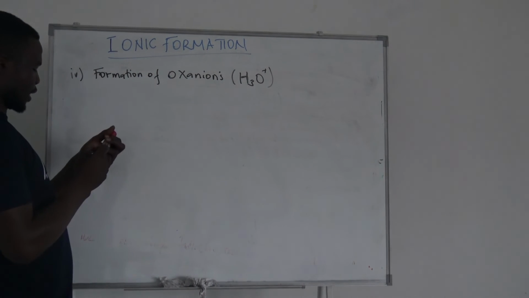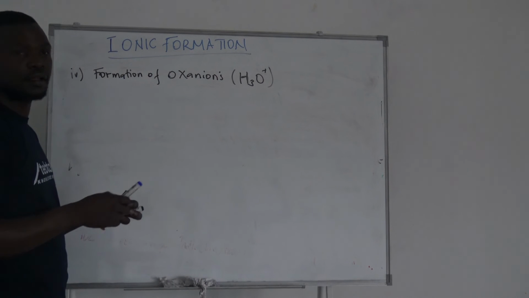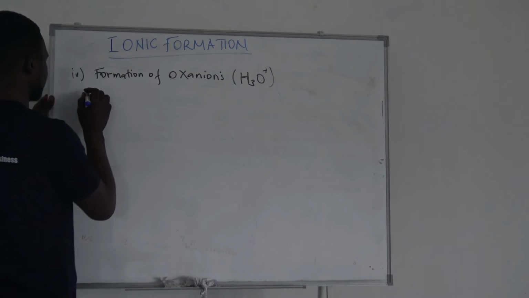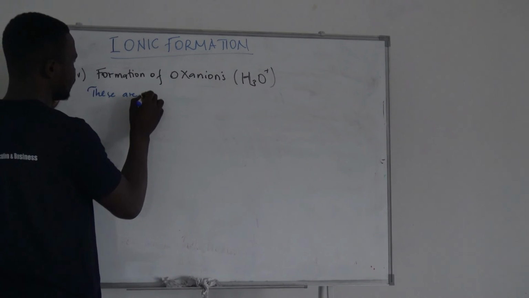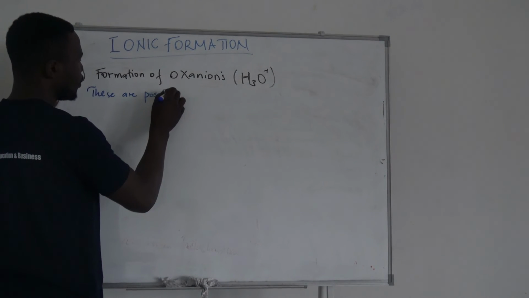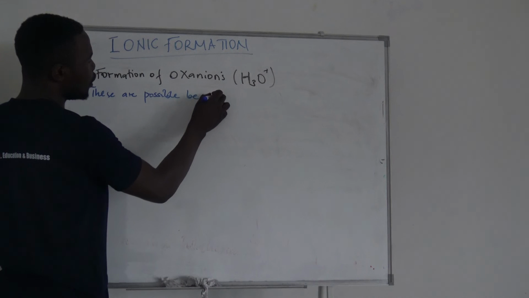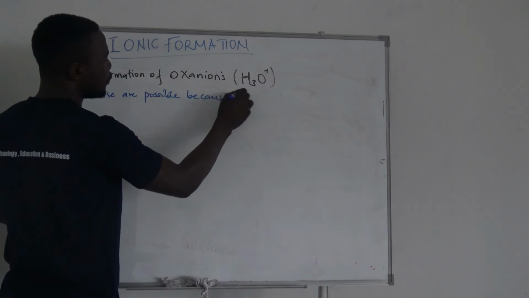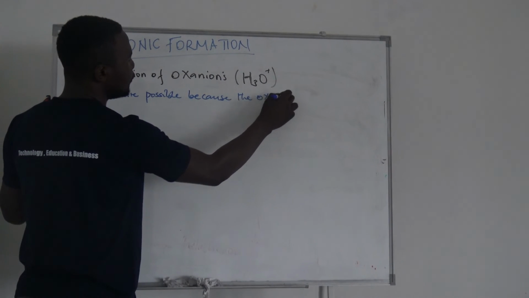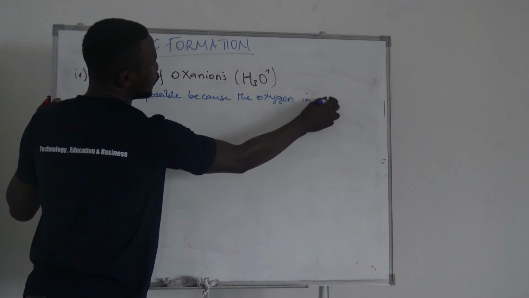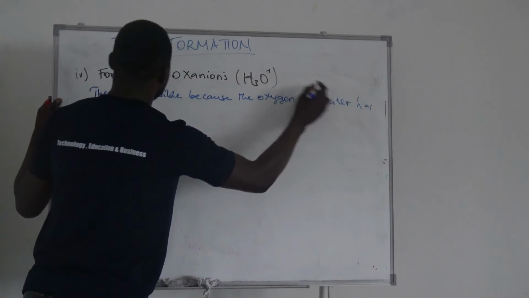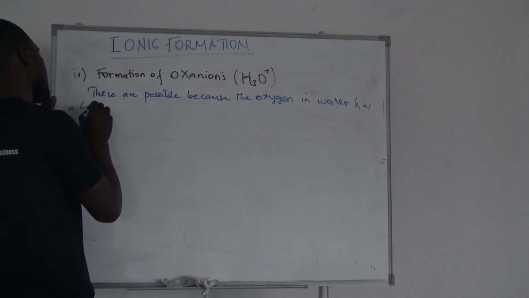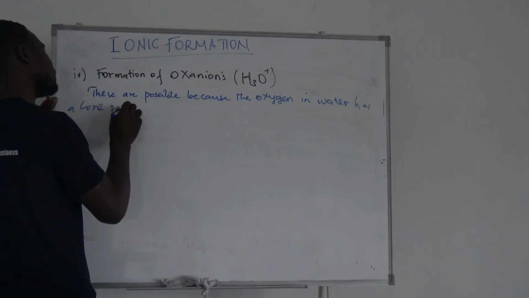Now, how are oxonium ions formed? Oxonium ions are possible because the oxygen in water has a lone pair of electrons,